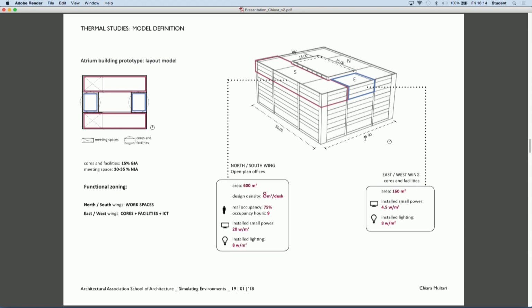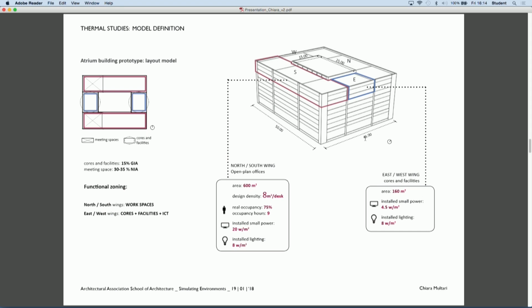Basically, with my dissertation, I wanted to discover and to explore the potential of an atrium in improving the thermal performance of a building. So what I did was to study very successful precedents, which relocated the function of meeting space and cores and facilities from the central area to peripheral area.